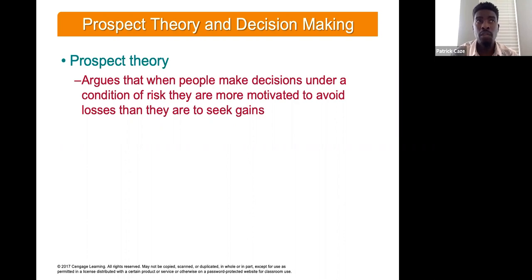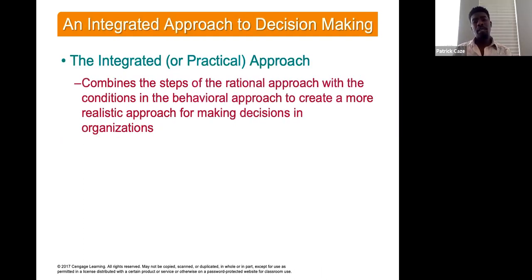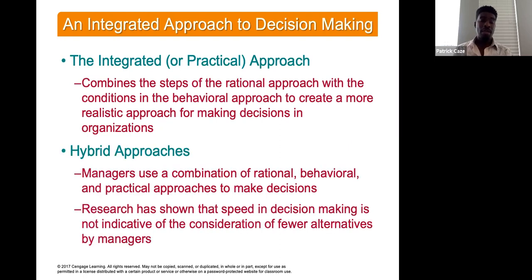So think of a situation where you have something you're trying to sell, and all you care about is breaking even, right? You're not really trying to make any money off of it. You just want to break even. This is prospect theory, right? I just want to make sure that I'm not losing. I didn't make any money, but I didn't lose anything either. So this is a way in which we can approach decision making, by making sure we mitigate some of our losses, even though we don't necessarily gain anything, right?